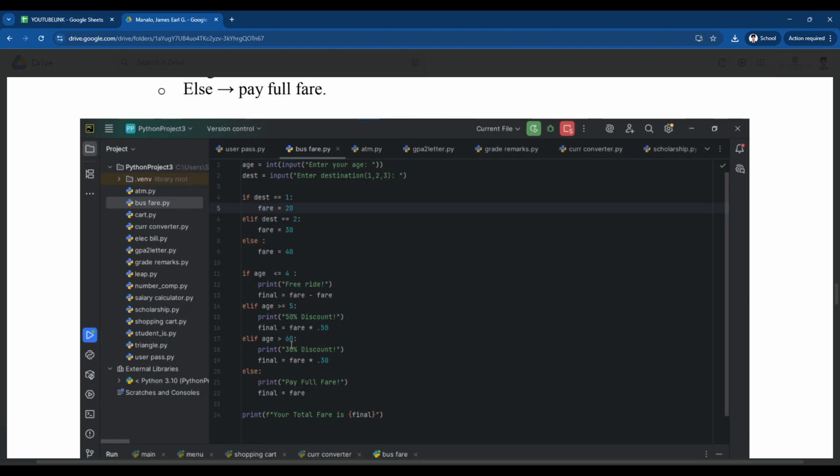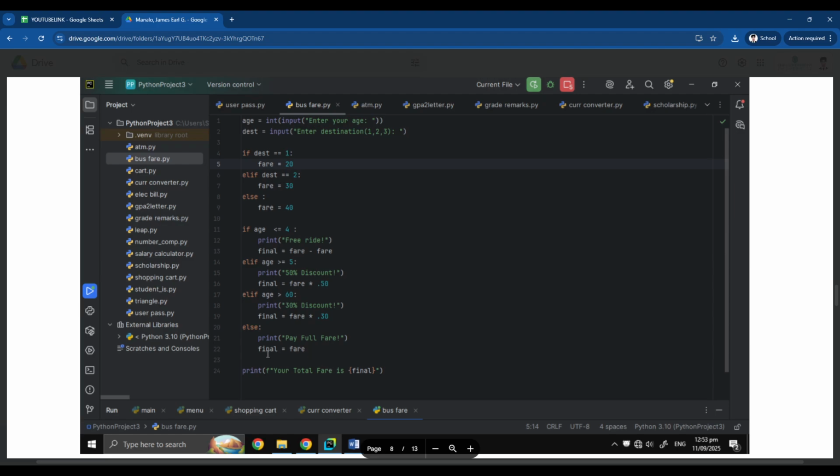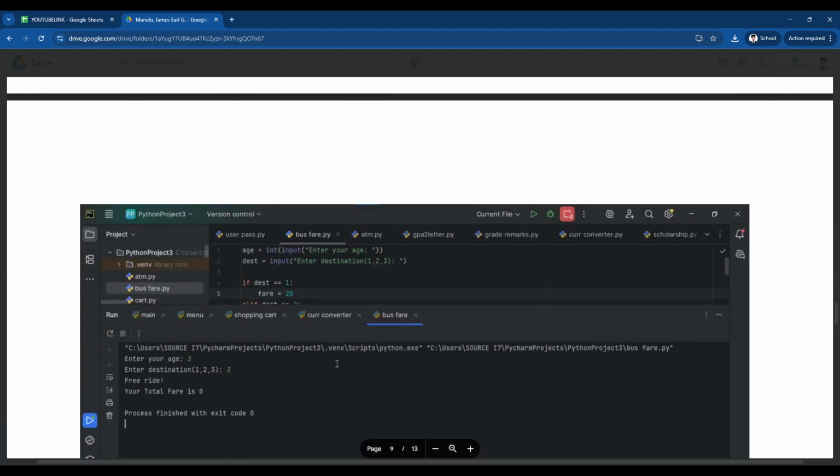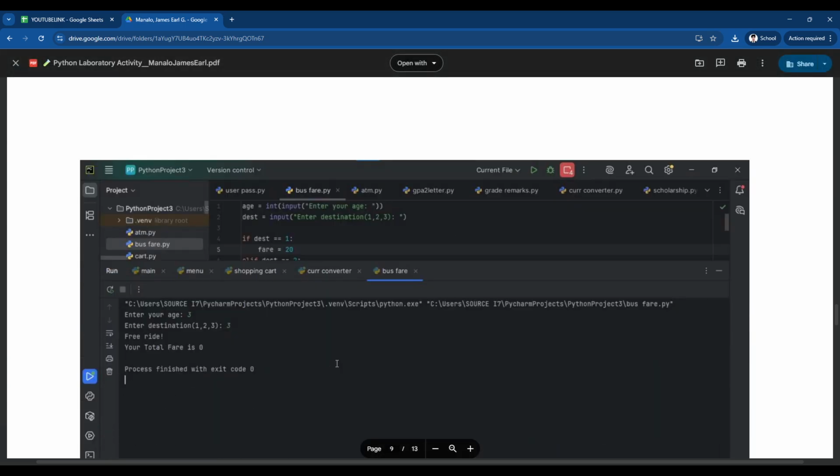For the 60 years old, it's just gonna multiply by 30%, and else they're gonna pay the full fare, which is just equal to fare without any deduction. So here's the